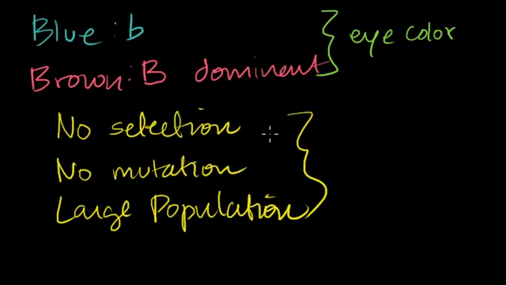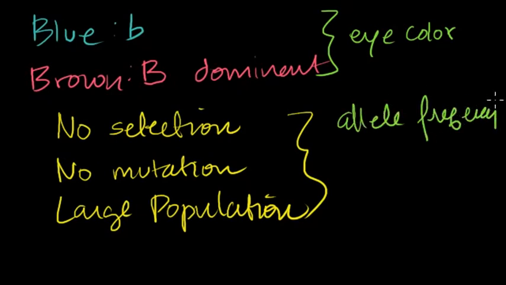What do I mean by allele frequency? Well, I said large population, but let's take a very small population. Let's say that there's two people in the population, and one guy right here, let's say his genotype is big B and lowercase b. And let's say that the other guy has blue eyes, so he has to be homozygous recessive. Let's say this is the entire population. Of course, a population of 2 can't apply to what I'm about to do, but I just want to explain